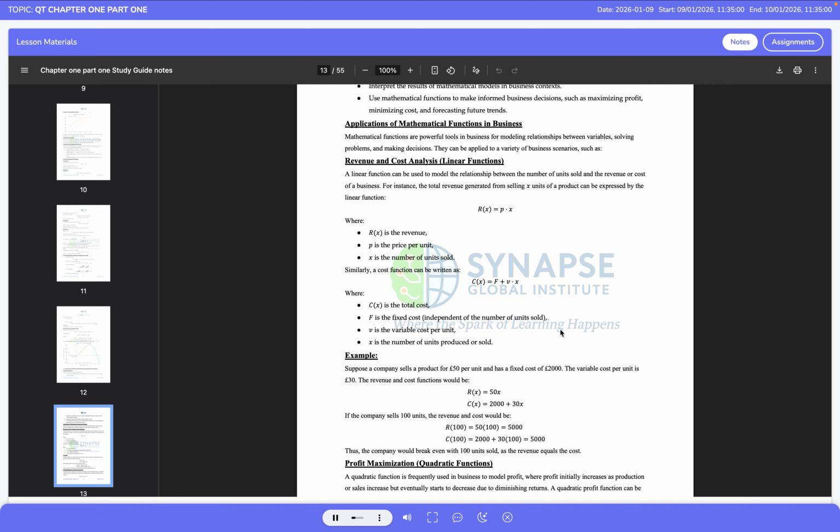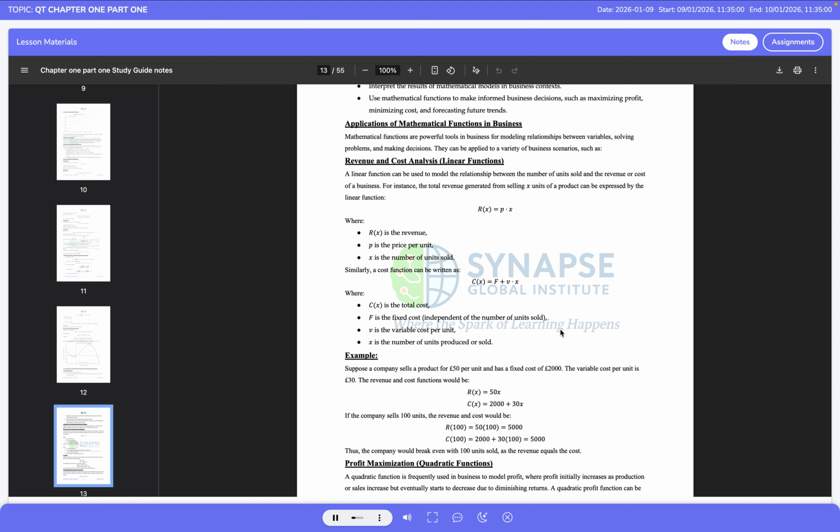Similarly, a cost function can be written as C(x) = F + V × x, where C(x) is the total cost, F is the fixed cost that does not depend on the number of units sold, V is the variable cost per unit, and x is the number of units